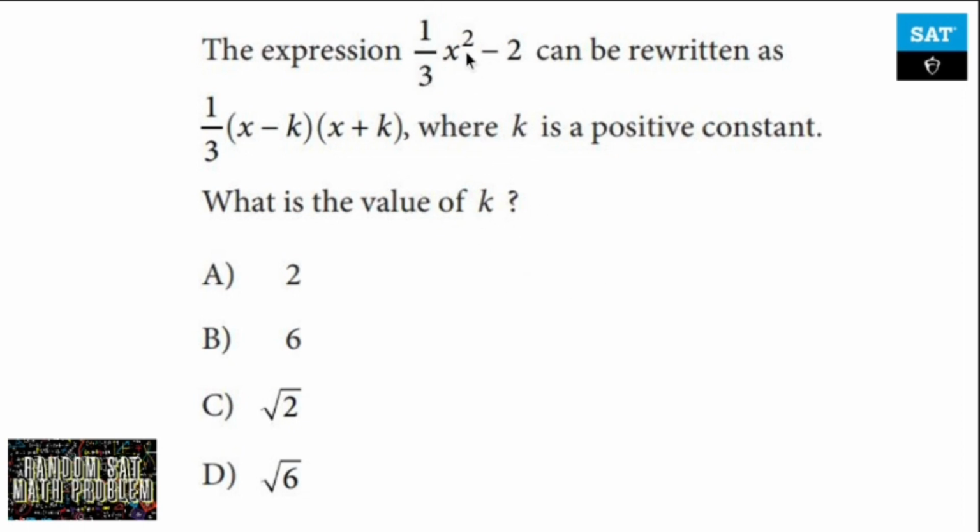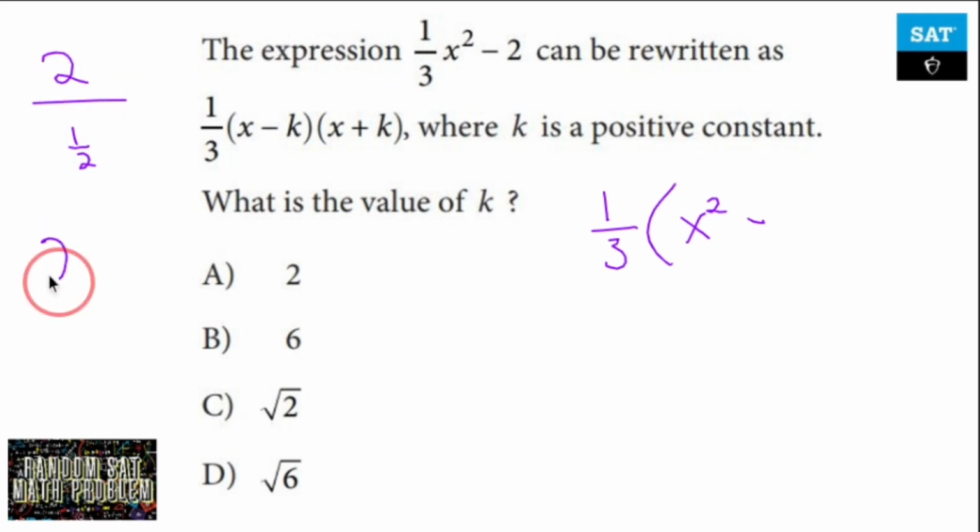I'm going to remove the 1/3 from the equation, quite literally. But when I factor out a 1/3, I have to divide 1/3 from both of these terms. When I divide 1/3 out of x squared, that's easy. When I divide 1/3 from negative 2, it's not going to be 2 over 3. Remember, when you divide a third from something, in this case 2, because I have that negative there already,